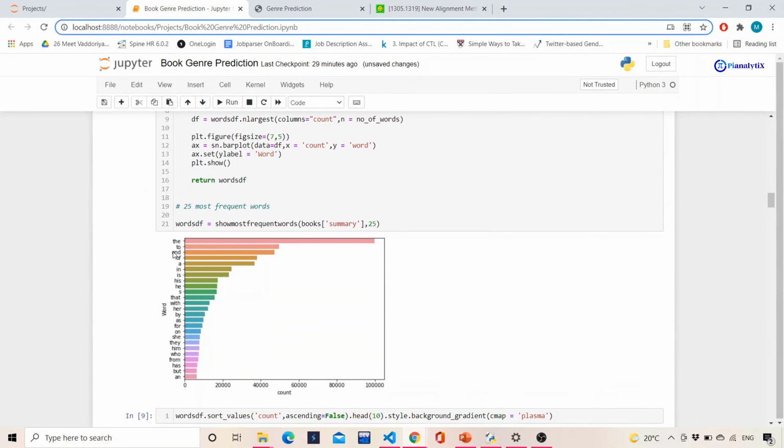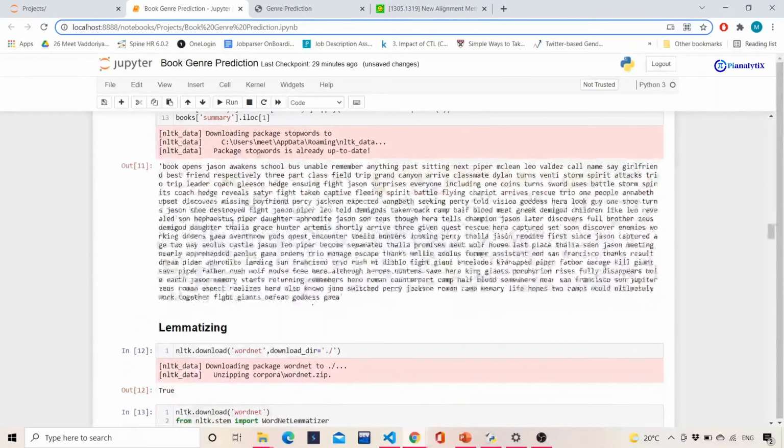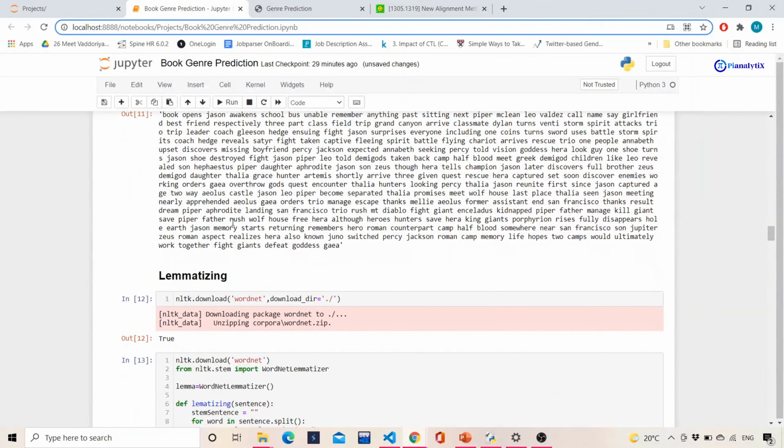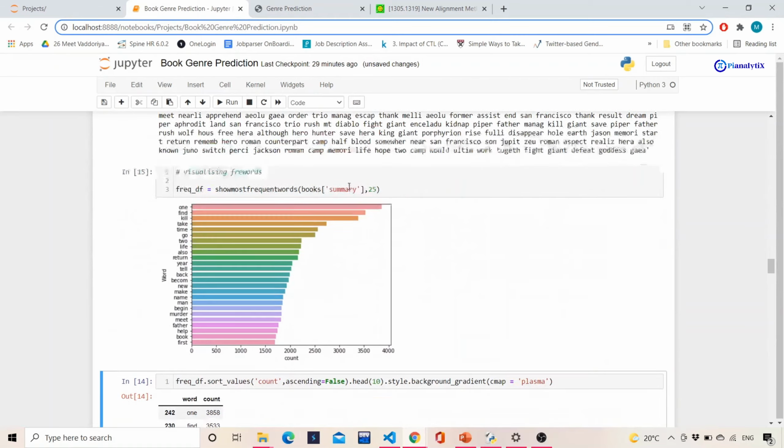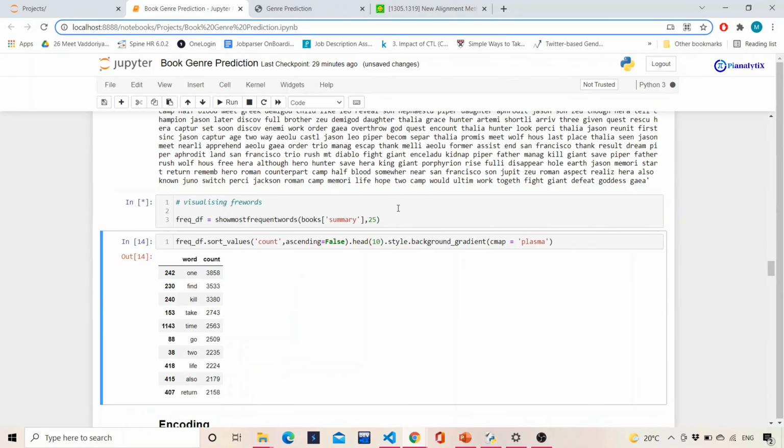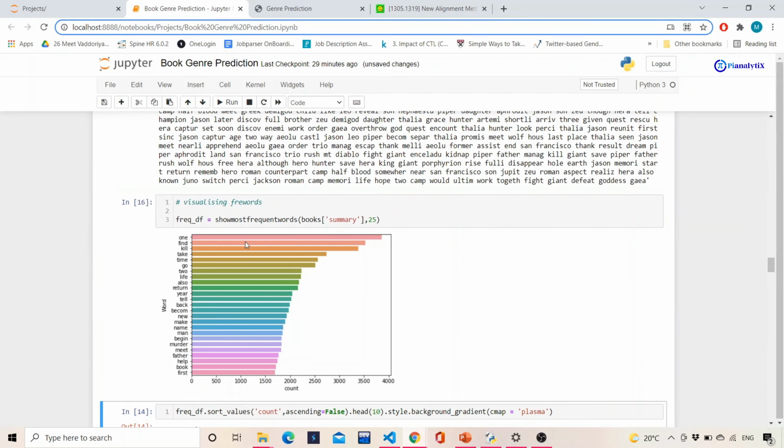In the previous few videos, we saw that the stop words were dominating. Now, as we remove the stop words, stem the sentences, and lemmatize the sentences, the plot would look something different. So if we try to plot it over here, we'll have a whole different kind of plot. Instead of "to", "the", and all,